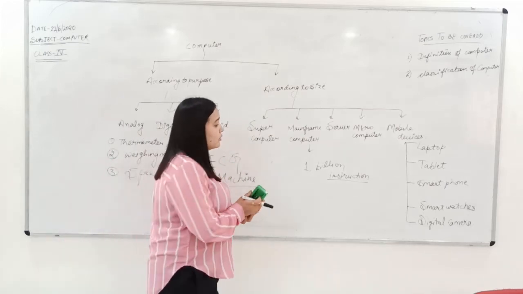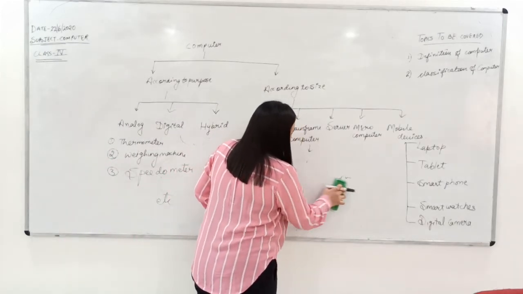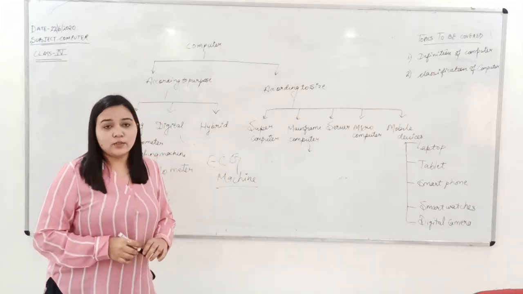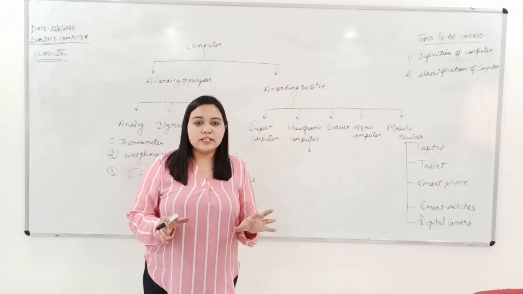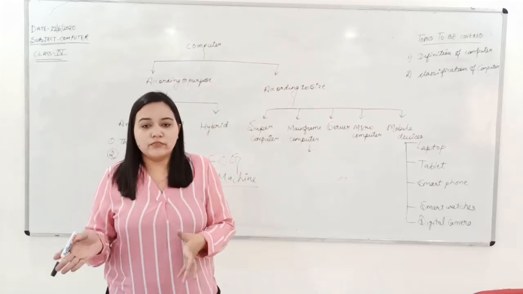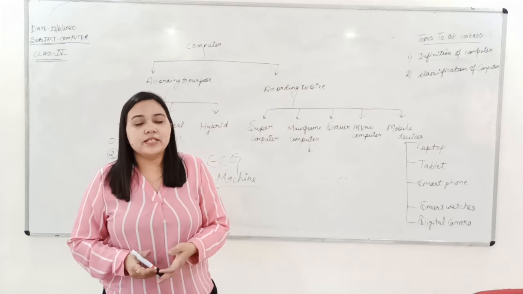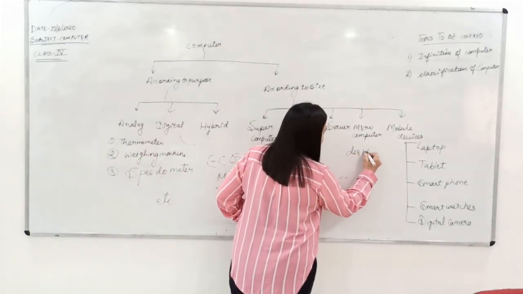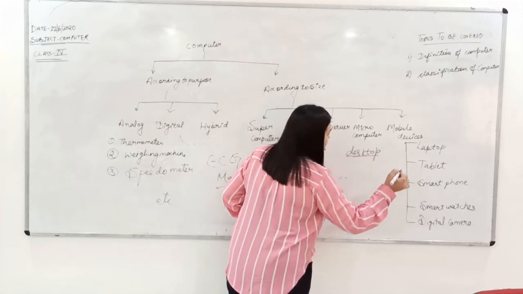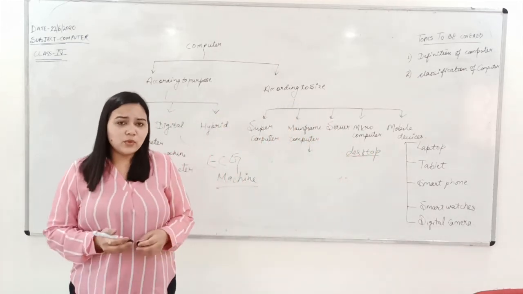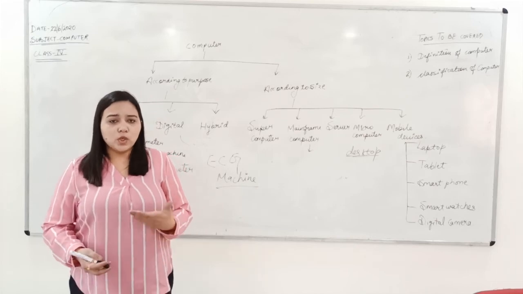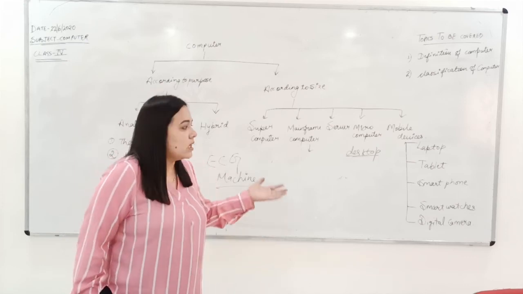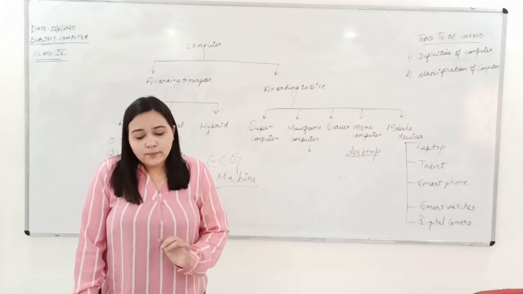Then the fourth kind of computers is the microcomputer. What is a microcomputer? A microcomputer is a very normal computer that you see every day. Your desktop computer is an example of a microcomputer. Desktop computers are the ones that you see in your schools, in hospitals, banks, everywhere. The normal computers that we work on, we also call them a personal computer or a PC. These are the microcomputers. Okay.